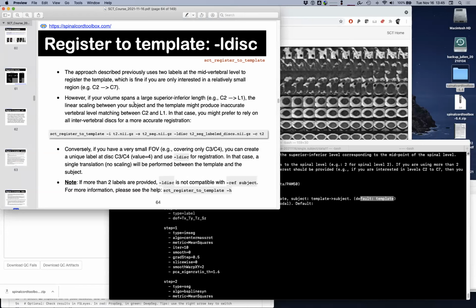So as we talked about before, what we did so far was to register the template using two labels at the mid-vertebral levels, right? So C3 and T2. But if your volume spans a large superior-inferior length, for example, C2 to L1, then this linear scaling that we discussed before might not be accurate anymore, right? So if you want to really have a good